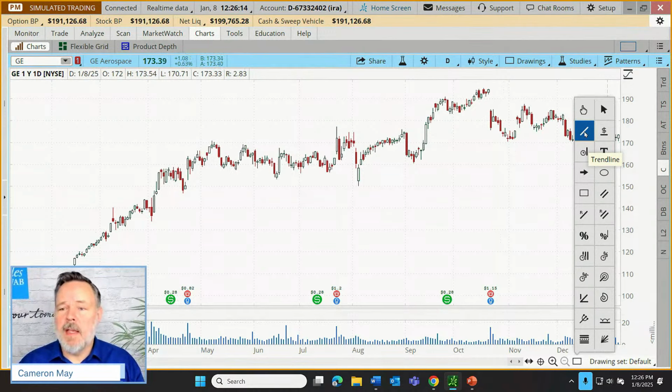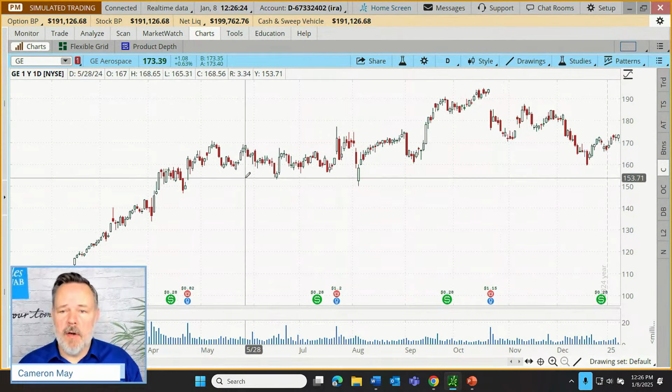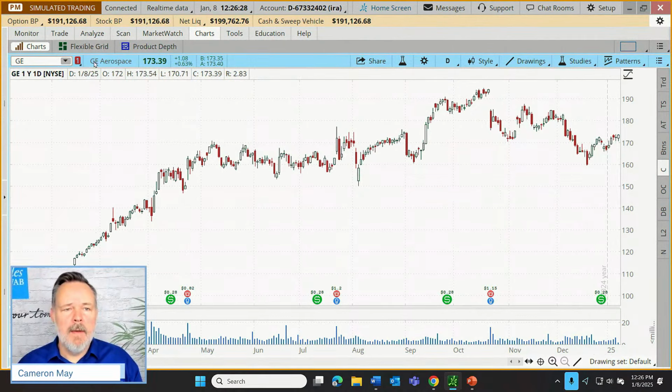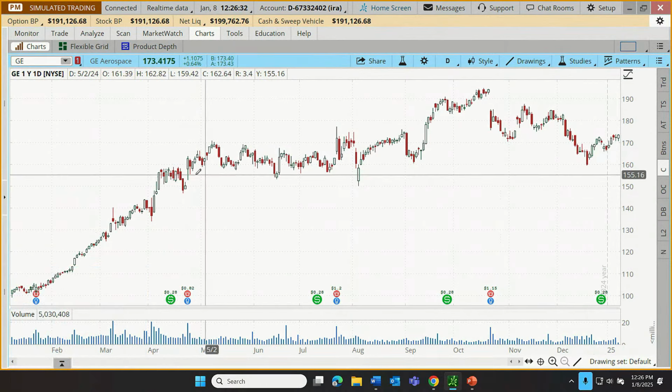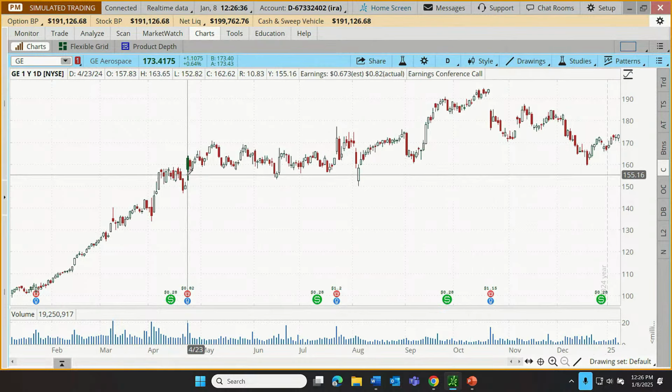To me, this is kind of easy to use, but really with all of our drawing tools, the way to draw something on Thinkorswim is to select your drawing tool that you like, go to where you want to start your drawing. So let's say our trader has noticed, boy, it seems like GE has really been holding up pretty well above about 155 bucks, right about this level. And they want to draw a line on there to represent that.